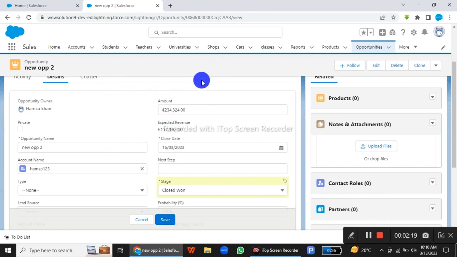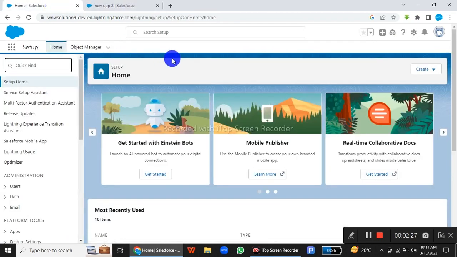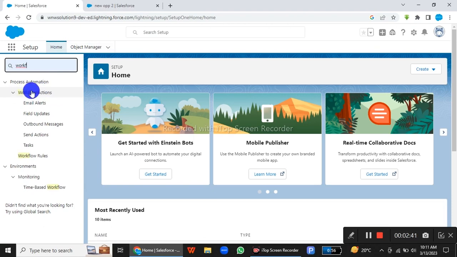This is very simple. First of all, you come to the gear icon and click on Setup. When you click on Setup, you come to the Setup page. After you click on the Home button, you search here for workflow. Now you can see the workflow actions: email alert, field update, outbound messages, send action, task. There are lots of